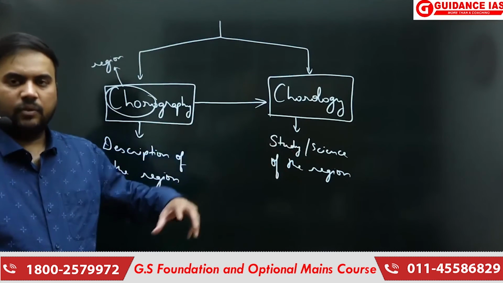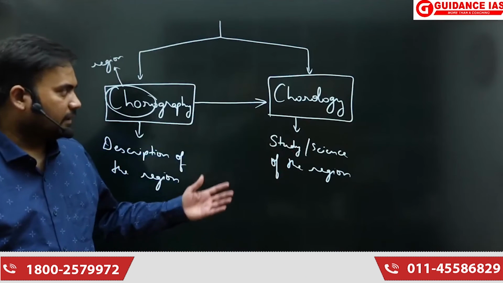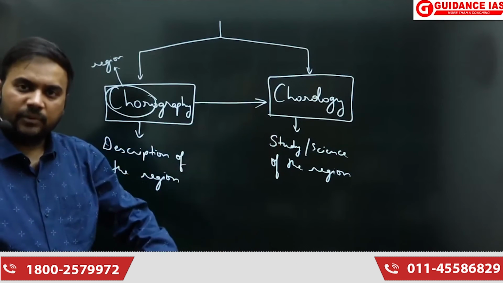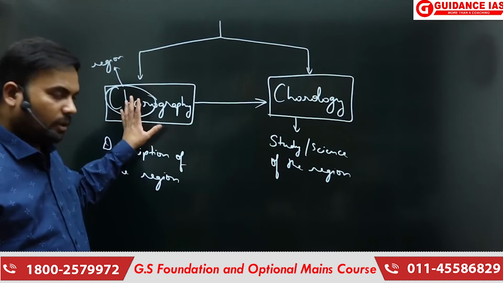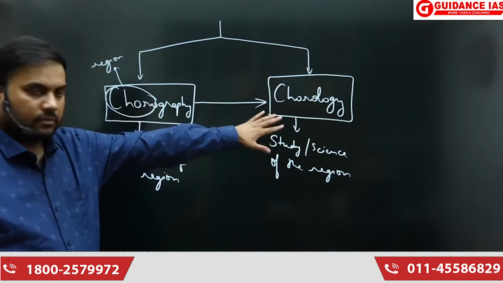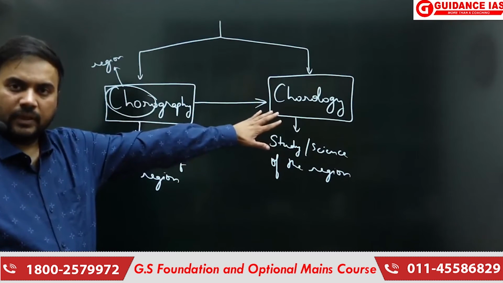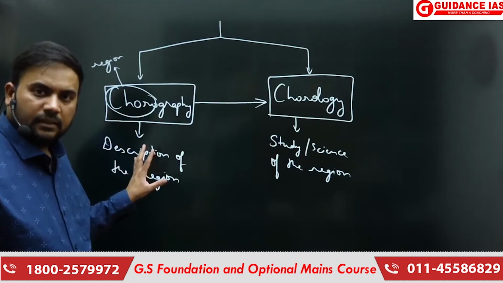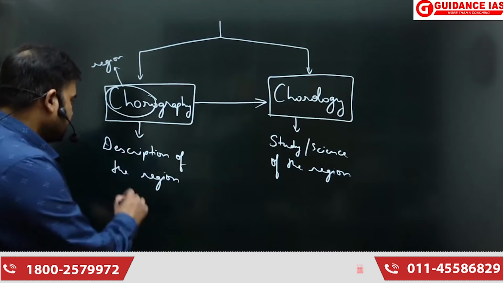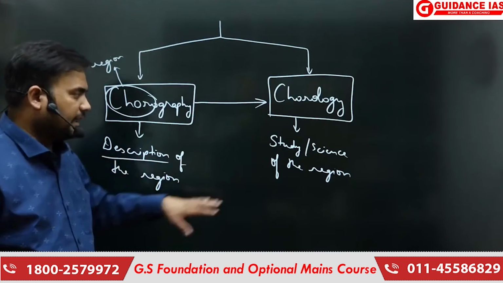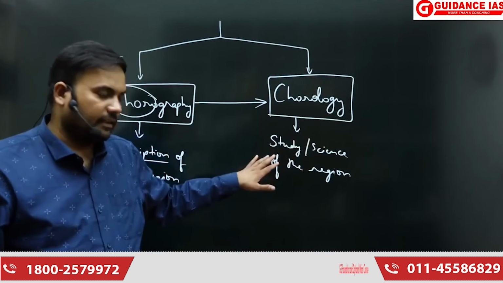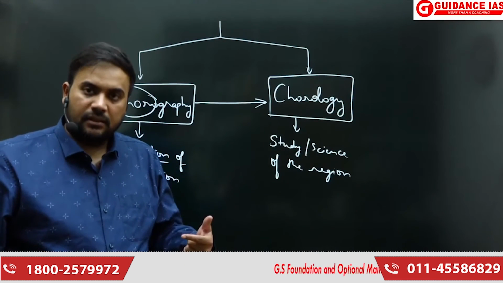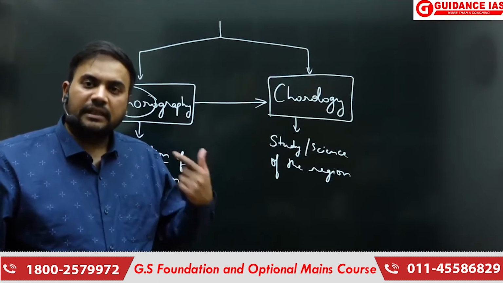Hettner was a very profound supporter of this idea that chorology needs to be developed. Later Hartshorne came in America. All of them wanted to do what? Wanted to make regional studies chorological, because regional studies were more chorographical. Okay? And graphy is what? It is, as I said, description of the region. Here it is analysis, understanding of the regions, developing the science of the region, causes. So describing with the reasons.